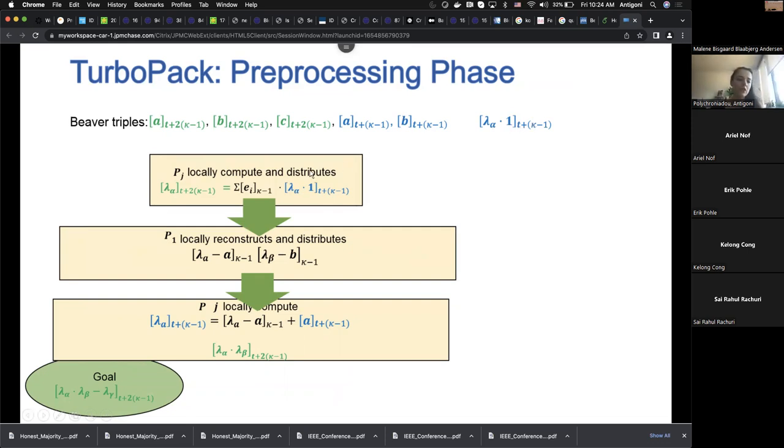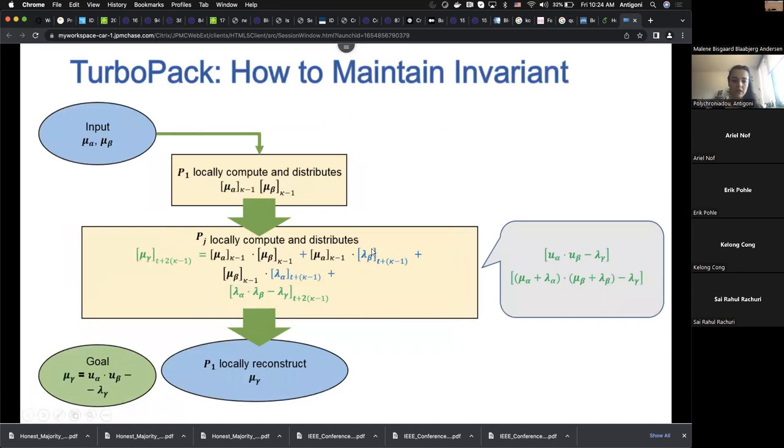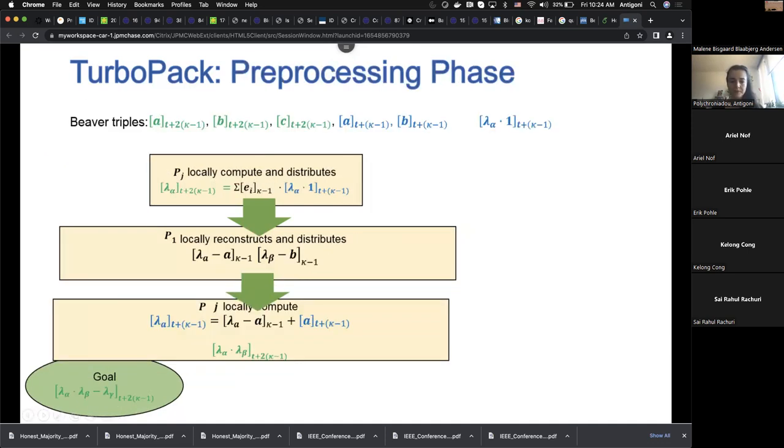So let's see how we can generate these pre-processed values, the lambda A, lambda B. Every party can now use the multiplication friendliness of the packed secret sharing. If you take the lambda values and multiply with a sharing of the vector that has 1 in location i and 0 everywhere else, and here is the sum over all the k,